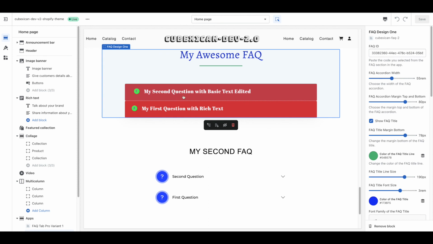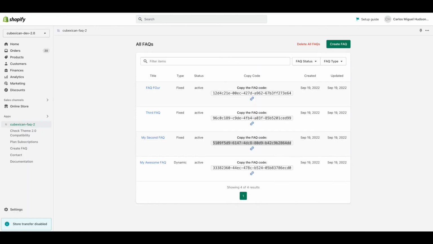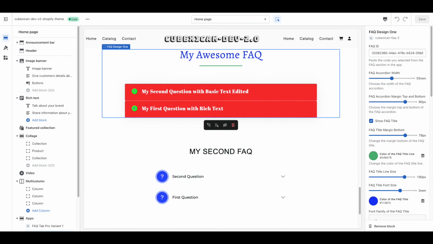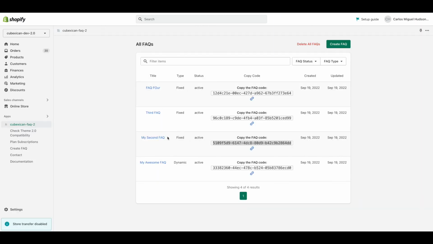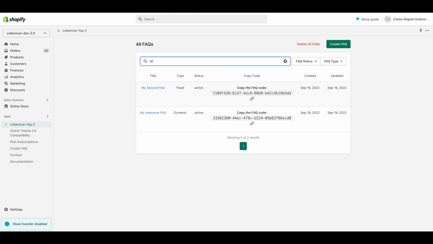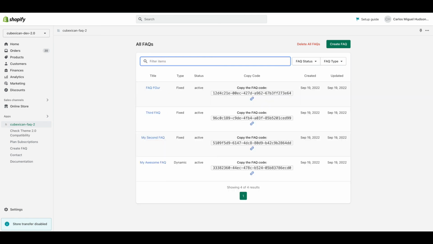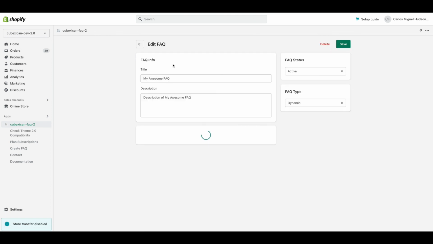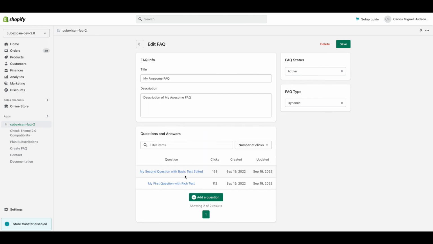If we want to verify that this is happening, we can just go to the application itself. We look for the FAQ title in this case. It's dynamic and it has the title of my awesome FAQ. So we go back to the FAQ listing page and then we look for my awesome FAQ. Let's just use the filter here. My awesome FAQ, here it is. We'll click on it